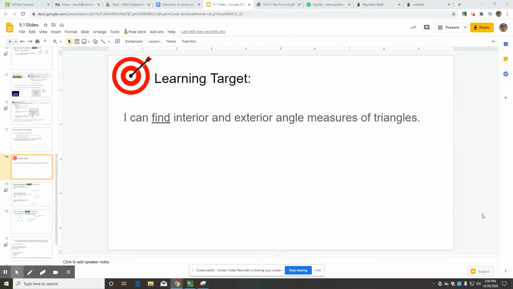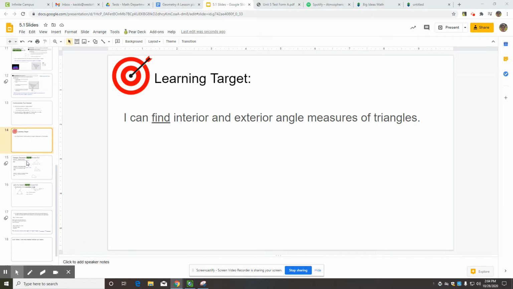This video will cover some examples in lesson 5.1. In these examples, we're going to be finding the interior and exterior angle measures of triangles. So before we do this, let's just remind ourselves